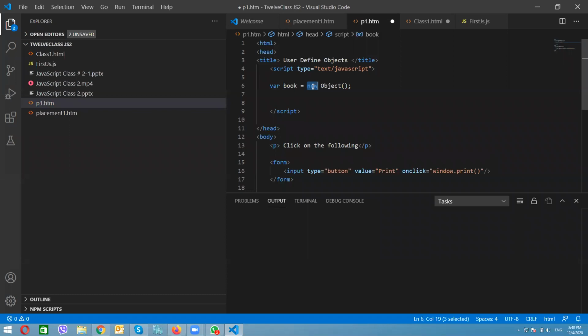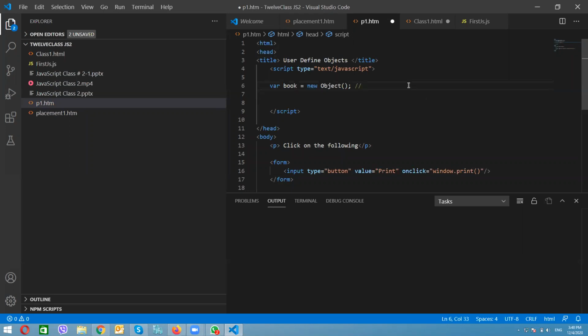As a developer, when you create an object, you say new. If you are using predefined objects, the default ones, you will use a different approach, but we will learn that in detail at a later stage. Right now we are creating our own object.